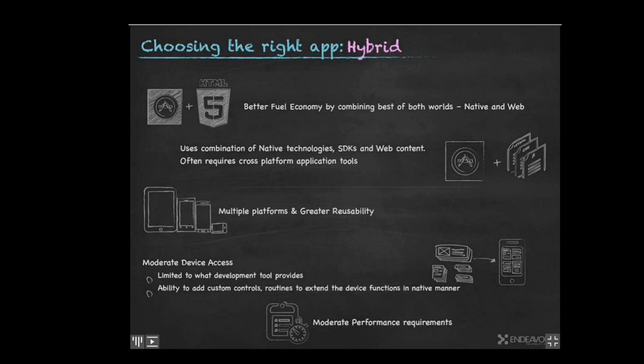Using a development framework, companies can develop a cross-platform application that use web technologies while still taking advantage of some of the native phone features, which is kind of nice. Again, it's a blend of the two. And typically, these kind of apps could work with or without internet connectivity. The Bank of America app is like that. The Facebook app is like that. All these apps are downloaded from the App Store and have the features of natives. However, they require updates from the web. All right, let's go to the next page, please, where we have an example.